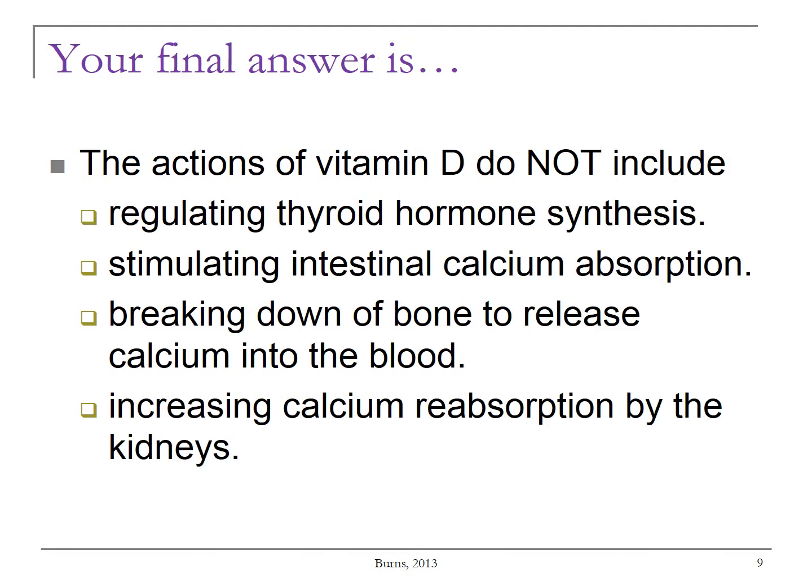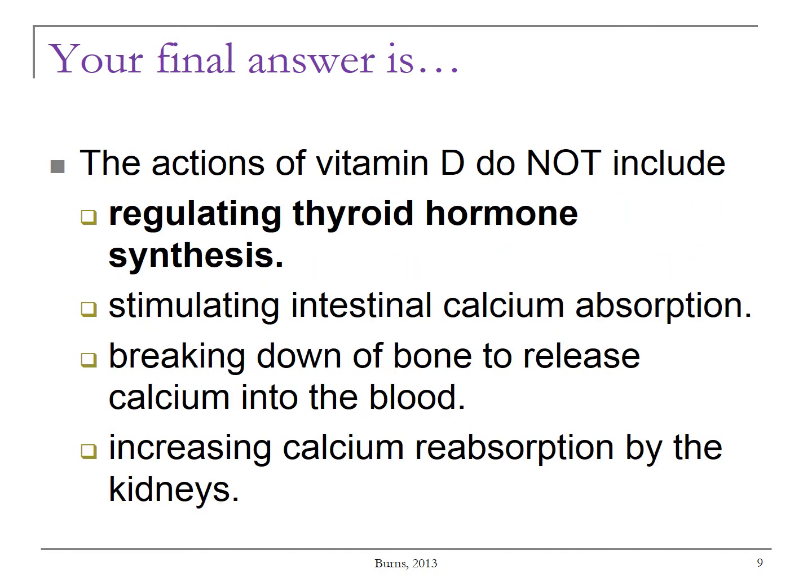To conclude our discussion of vitamin D, what is your final answer? The actions of vitamin D do not include regulating the thyroid hormone synthesis,